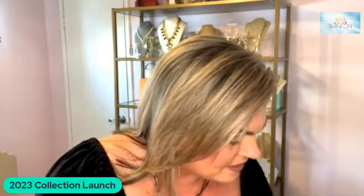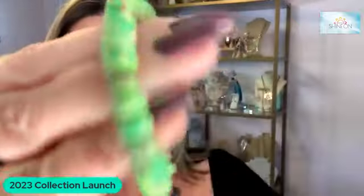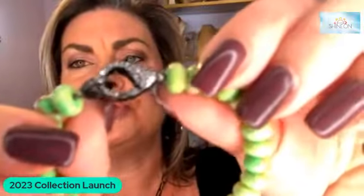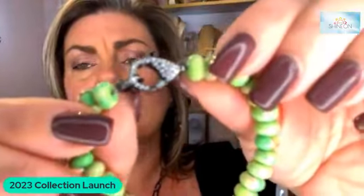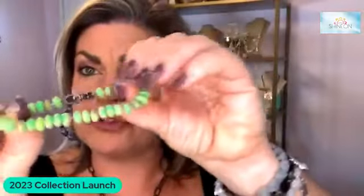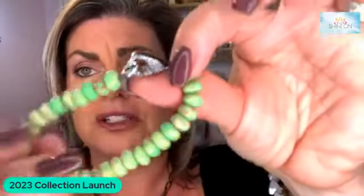So while we're on the topic of hematite, let's take a look at our Peacock Bracelet. So the Peacock Bracelet is Emperor Turquoise. So it's greens and browns, such a great addition to your natural stone pieces. Look what's different about it. It has a hematite with crystal closure. So I'm loving that. It does have a closure to open and close, but it's also stretchy. So really you may never even use the closure, but it really provides a beautiful little bit of sparkle to